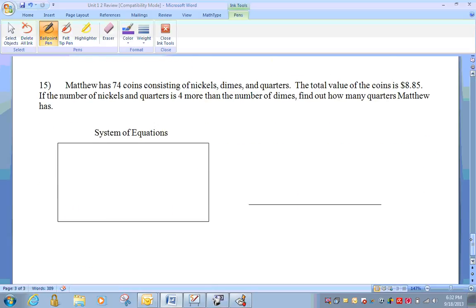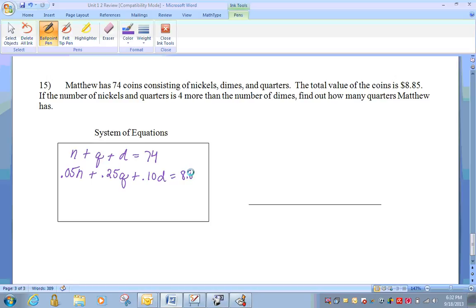Okay, our last problem. Matthew has 74 coins consisting of nickels, dimes, and quarters. So we can write an equation from that first sentence as nickels plus the amount of quarters plus the amount of dimes equals 74. The total value of the coins is $8.85. So a nickel's worth 5 cents. That's the amount he has in nickels. A quarter's worth 25 cents, so adding the amount that he has in quarters, plus the 10 cents per dime,